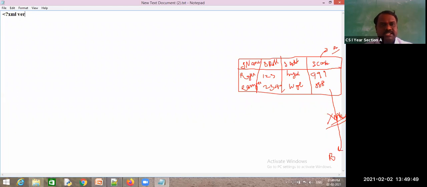This is the standard line you can see in any XML document. So for XML, I am using version 1.0, and encoding is equal to UTF-8. I will tell you what UTF is. And at the end, you need to put a question mark followed by the greater than notation.